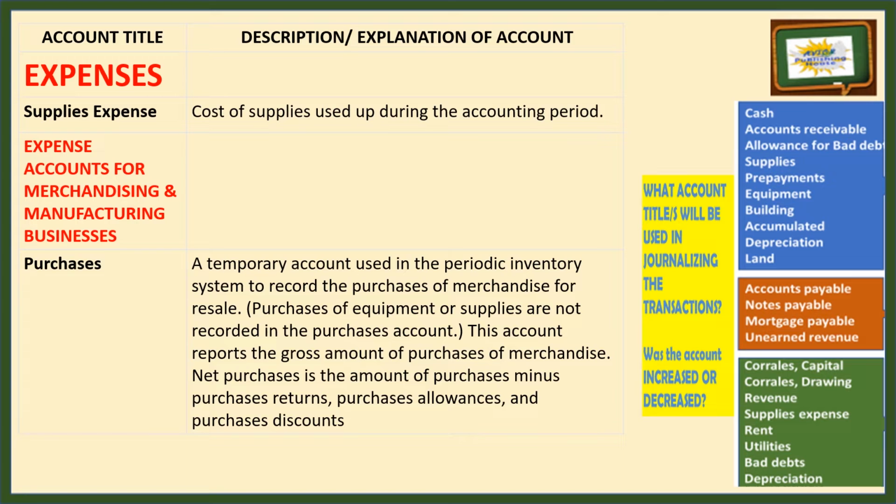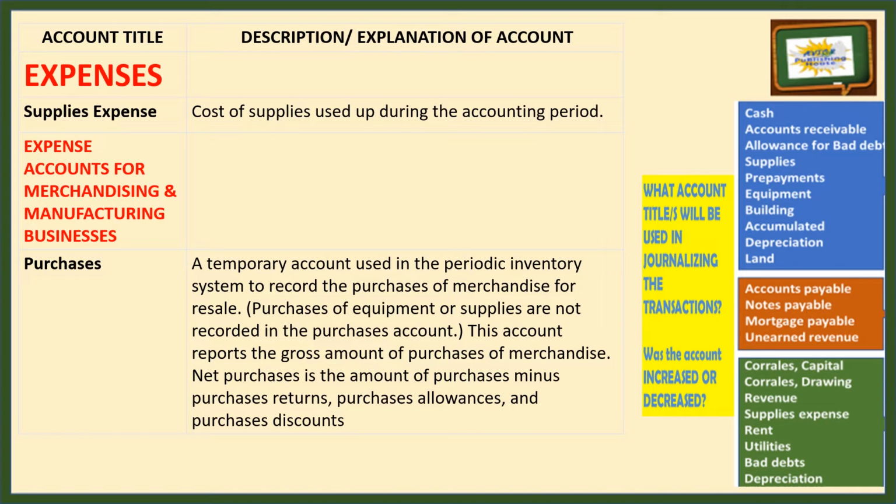Purchases is a temporary account used in the periodic inventory system to record the purchases of merchandise for resale. But purchases of equipment or supplies are not recorded in the purchases account. What are being recorded in the purchases account are just purchases of merchandise for resale in merchandising or